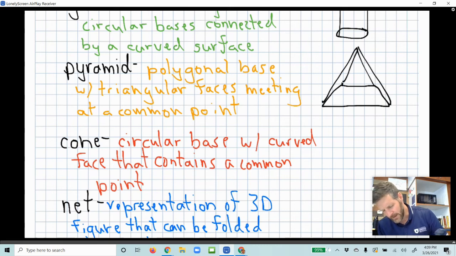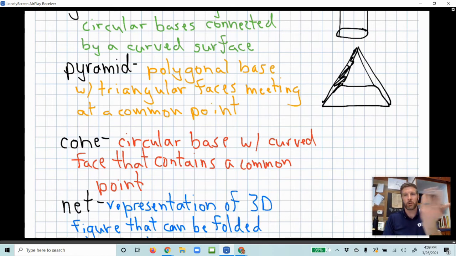Yeah, looks a little better. Okay, that's a pyramid. In this case, it would be a trapezoid-based pyramid. Notice in this case, the sides are triangles, not parallelograms or the curved one of the cylinder. Okay, and you can have a pyramid of all